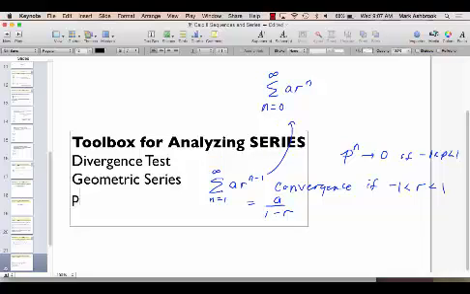We had something called the P series. The notation that the math world has used is kind of confusing, because when we talked about sequences, we used P to be this P to the n. But now when we talk about a P series, it's different than this P to the n thing that we talked about for sequences. So be aware of that. Let me write it in red. A P series is this form: 1 over